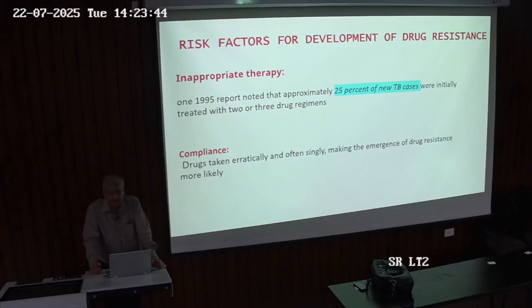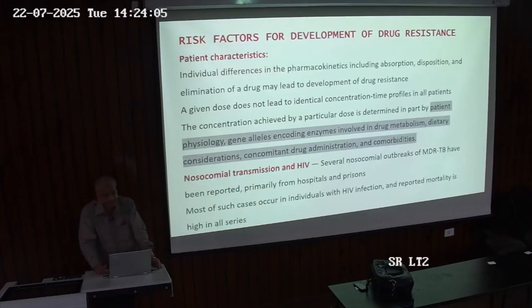25% of the new TB cases in 1995 report demonstrated that there was an inappropriate use of anti-tuberculosis drugs. Compliance: patients do not take the drugs as advised. Patient characteristics, pharmacodynamics, etc., are also important. Individual differences in the pharmacokinetics include absorption, disposition and elimination of the drug. This may lead to resistance to anti-tuberculosis drugs,